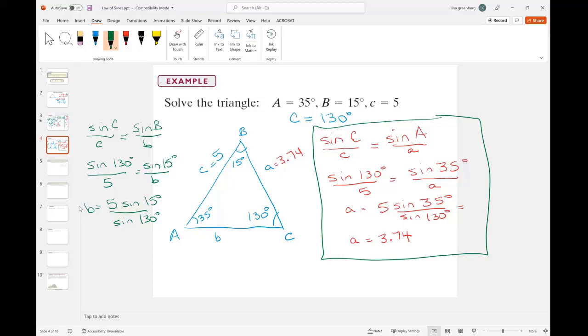And let's see, we get for B 1.69. And again, do I know the numbers are correct? I don't know. I could have made a mistake, but I know that they make sense because the smallest side is across